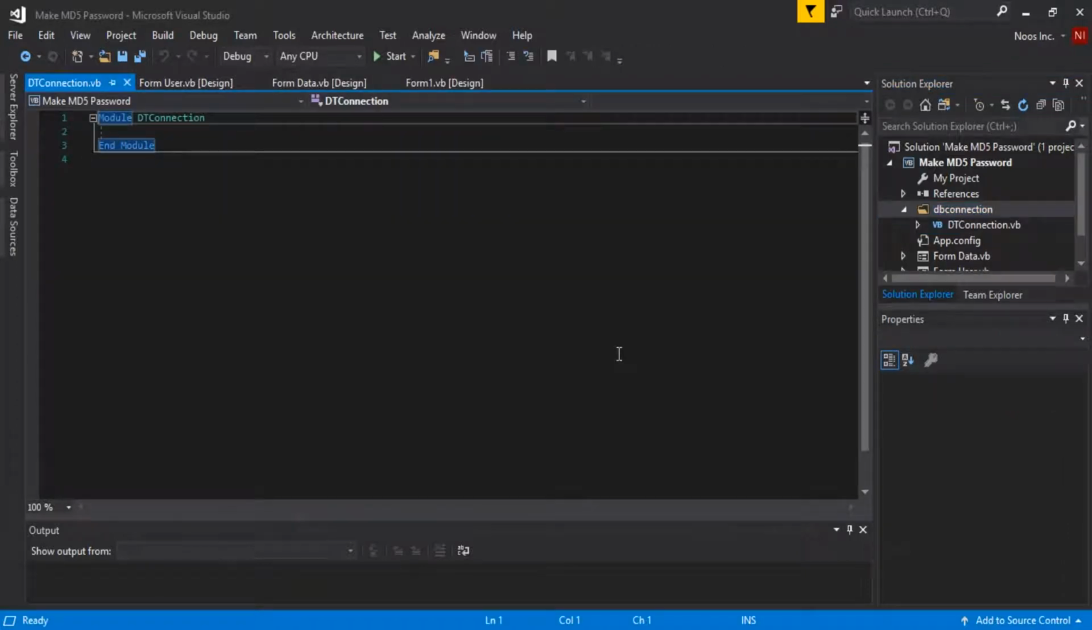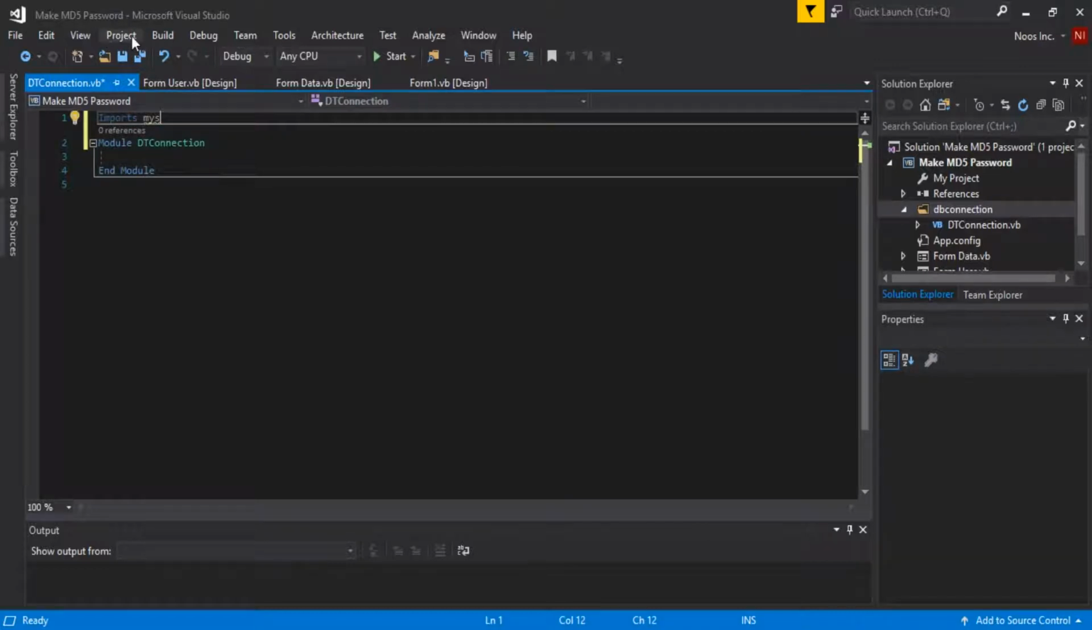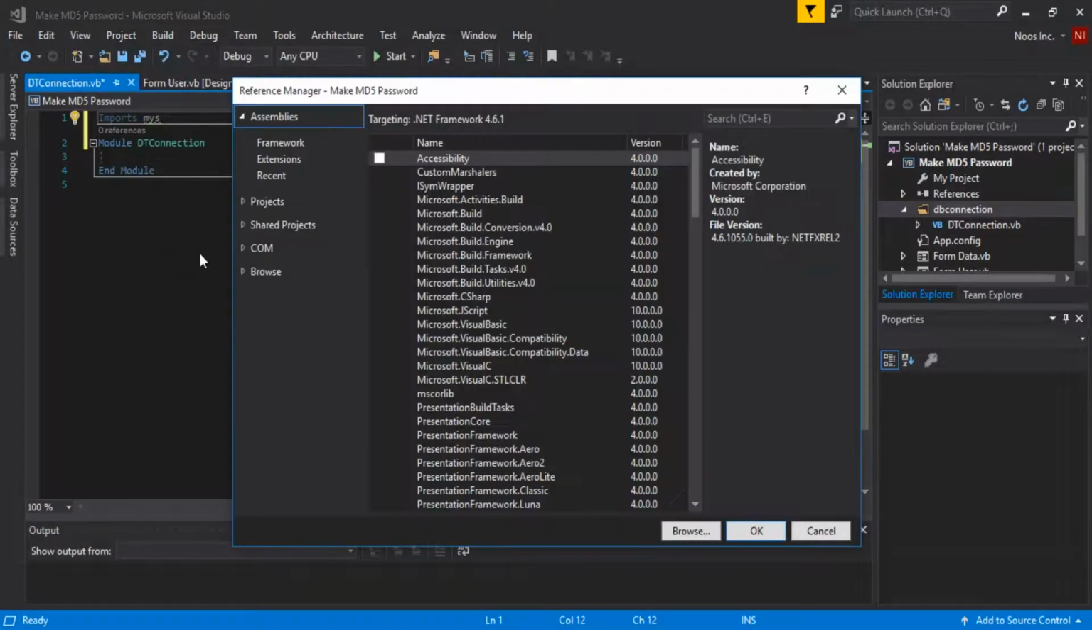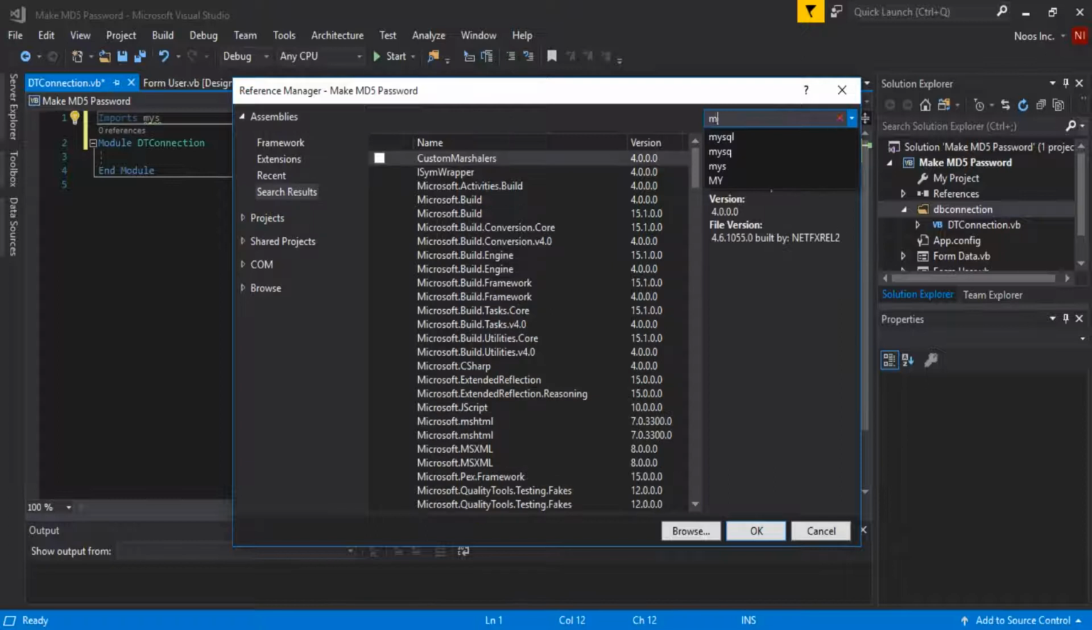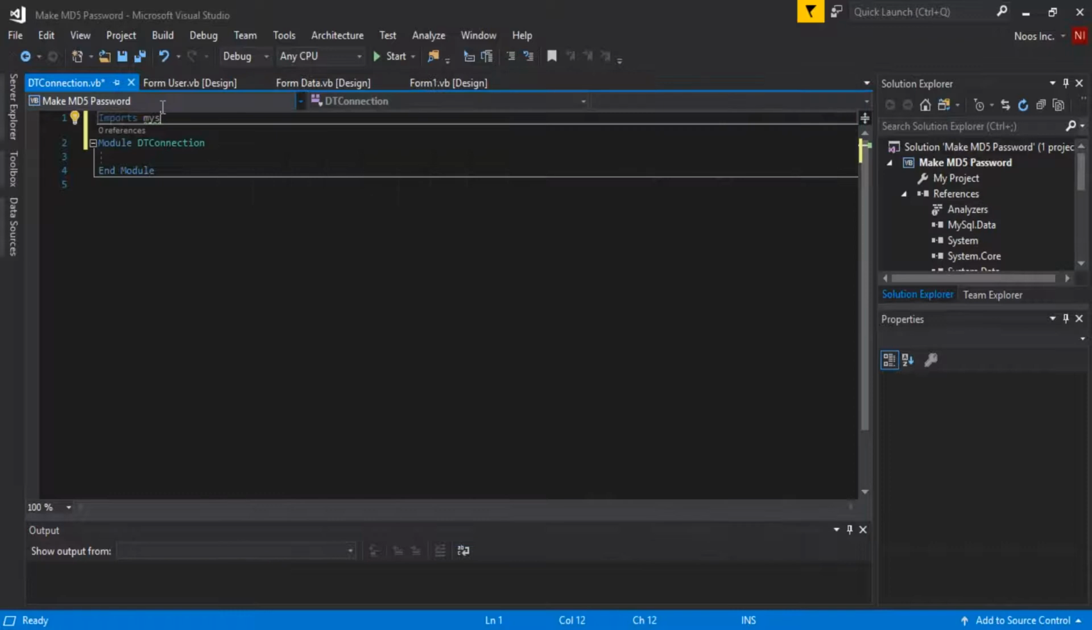Okay, guys, because we need to import MySQL. Import MySQL. We need to add a reference first. Okay, you can see the previous tutorial about how to add the MySQL connector in the other videos on my channel. So we can click MySQL data here, check and then click OK. This imports MySQL data